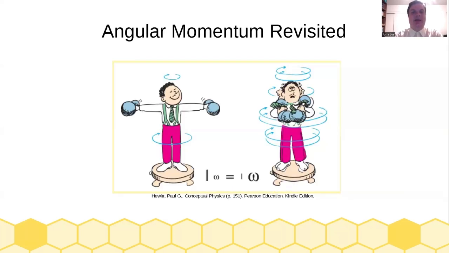This is due to angular momentum. So if you'll remember, angular momentum is a measurement of how hard it is to stop something spinning, in the same way that linear momentum is a measurement of how hard it is to stop something from moving in a linear motion. The reason that this is useful for us is because it is a conserved quantity so long as there's no torque. And as I said in the last lecture, when you have a gravitational force, there's not going to be any torque acting on the object